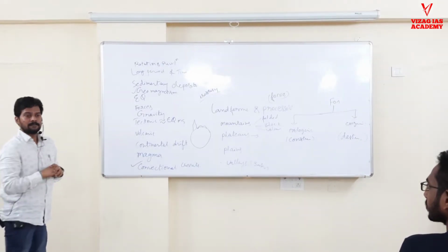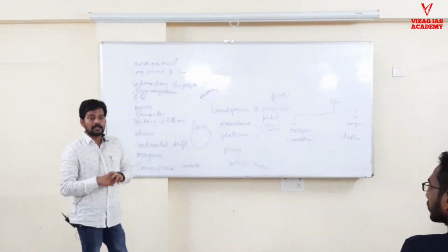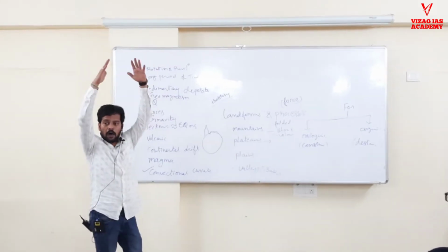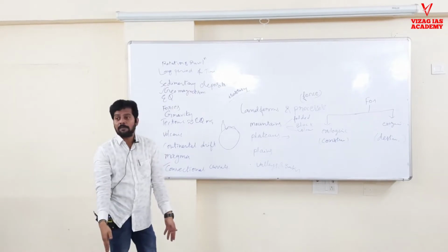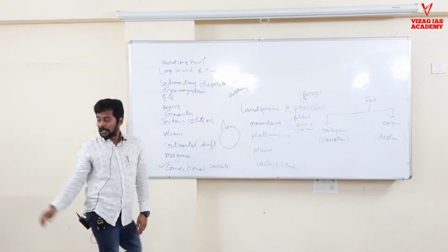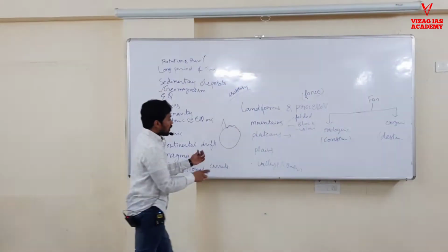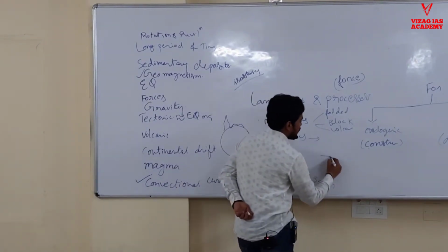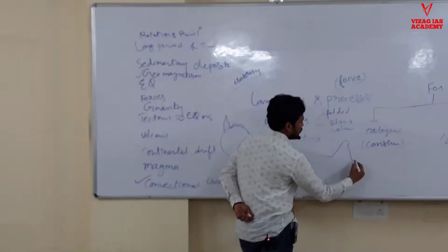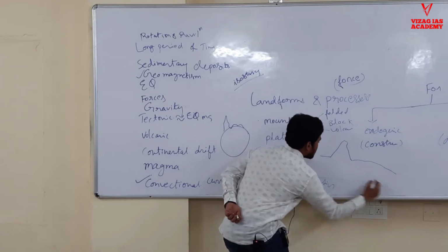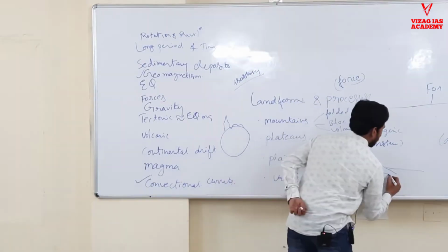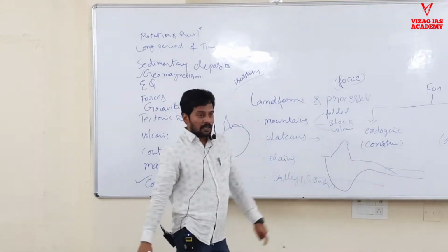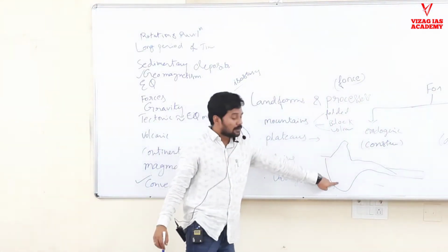How it is happening is that the taller it is on top of the earth, the depth of that formation is also more. That's why below the continent, when I am saying crust, if this is the mountain, this is the sea, the crust will be like this. You understand? The more above the earth, the deeper also.